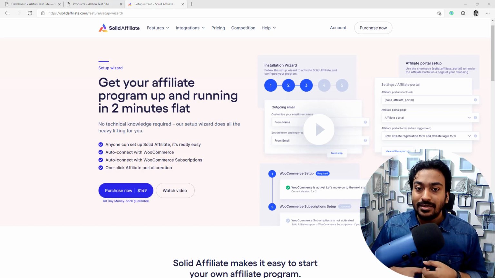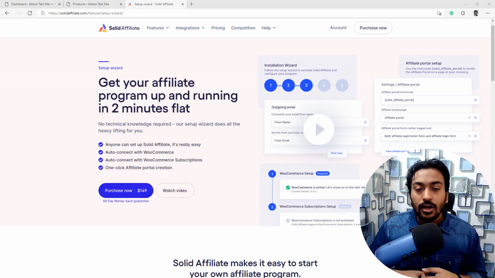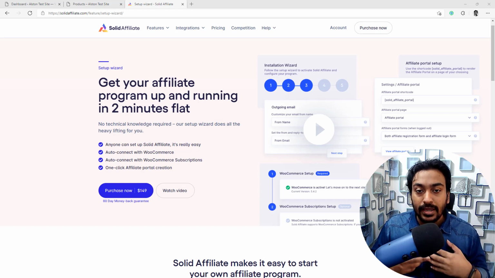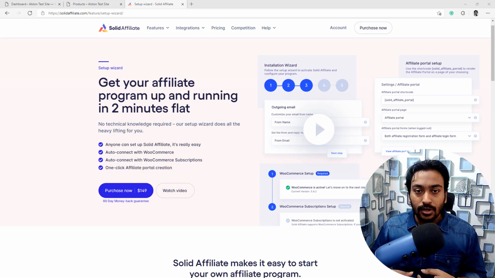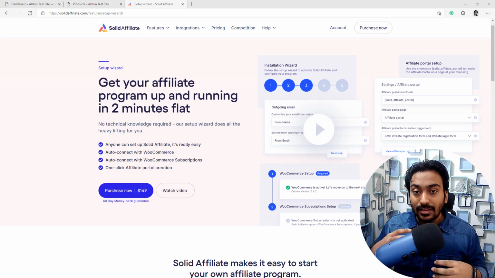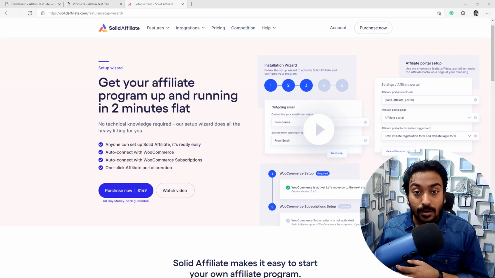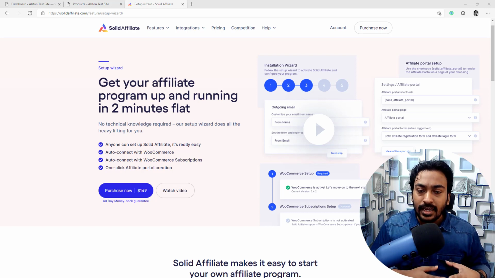But affiliate marketing is different, where you are not required to pay anything upfront. You just set up a program for your website. Let's say, for example, you are running a small e-commerce business website. You are only required to pay for any sales a person makes for you. So you are not paying commissions upfront for a particular user, but only when they refer a sale and it's a valid sale. After 30 days or any predefined number of days, to make sure there are no cancellations or refunds, you can pay the commission to the affiliate. So whenever you make a sale, you pay the commission.